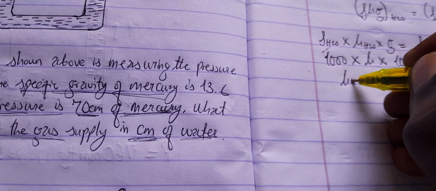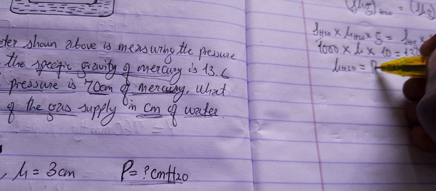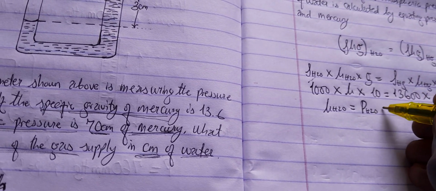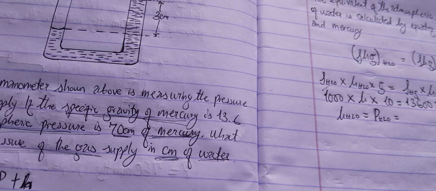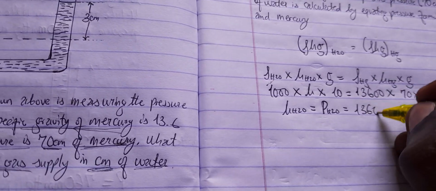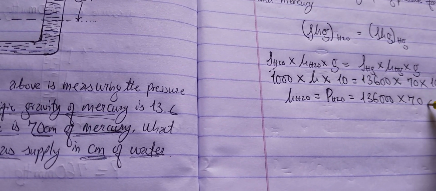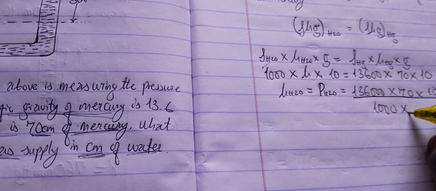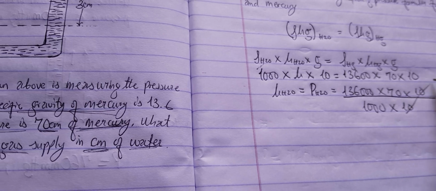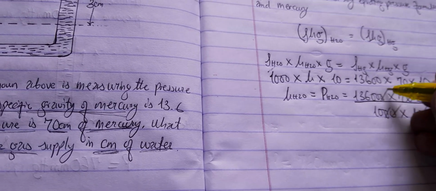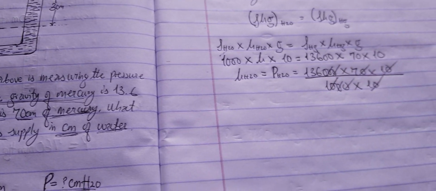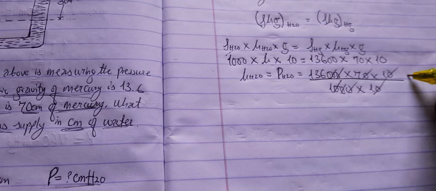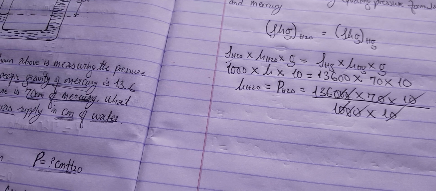So, to calculate the height of water, which is the same thing as the atmospheric pressure of water, it will be equal to 13,600 times 70 times 10 over 1,000 times 10. Okay, this cancels this cancels this cancels this cancels this. Okay, and then we are left with, let me see,